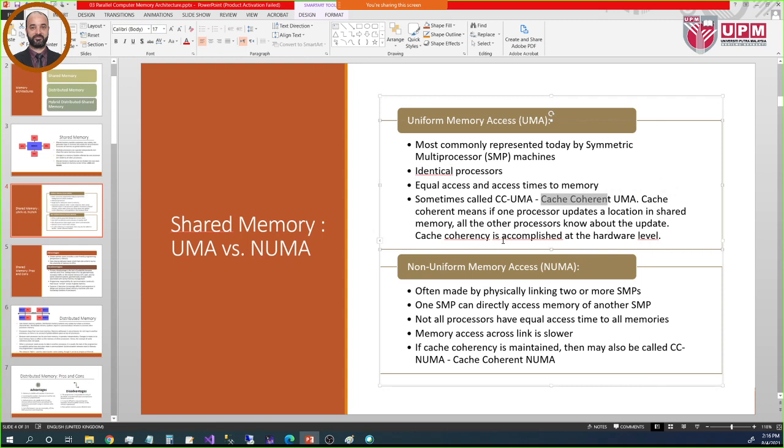Okay, so cache coherence is accomplished at the hardware level. So this one will require some components of hardware. Okay, the second class actually is called